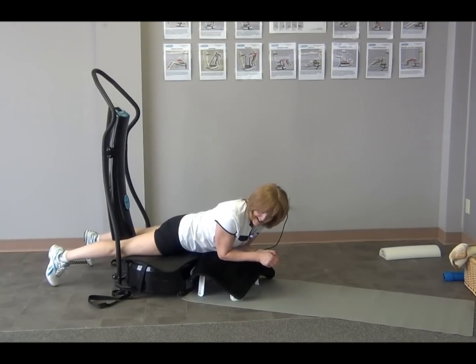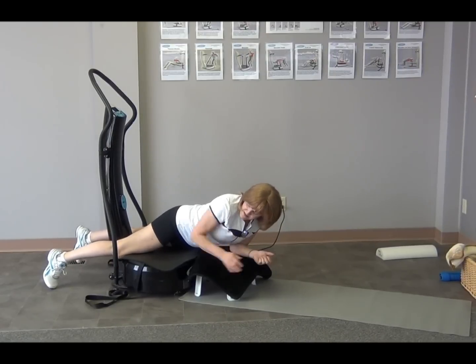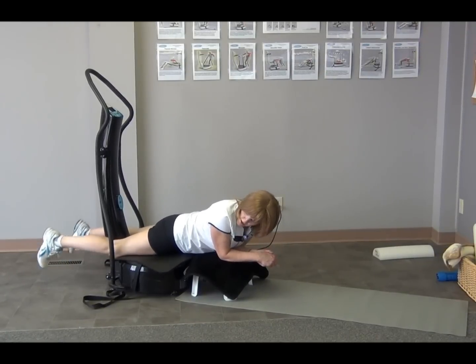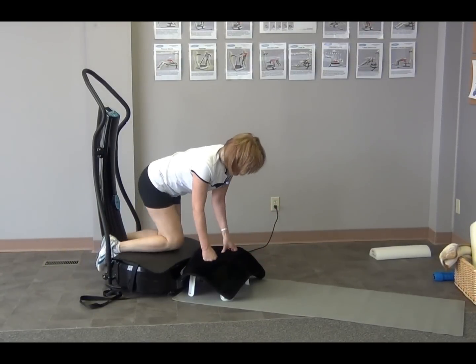Now, men, you might find this a little uncomfortable, so you may want to do a little bit of rotating. Even for me, I like to rotate from side to side so I can get this part of my leg on there as well. Okay? Now, if it's not comfortable and you find that too awkward, or you don't have room because your machine is right up against a wall and you don't have room for your feet there, then the second way that you can do it,